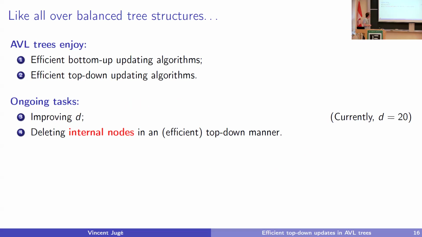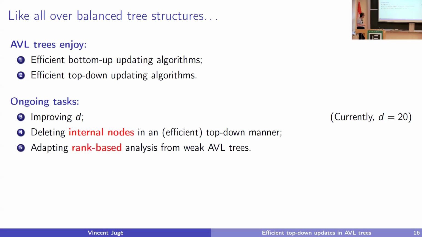Okay. So for weak AVL trees, it may be something like 2. If you let the D and 0 commute, it's the same number, but otherwise it's larger. And then we would also like to delete internal nodes in an efficient top-down manner. For instance, we could delete internal nodes with a top-down algorithm as well, using this kind of rotations. But if you just use this kind of rotations, it's impossible to have a constant amortized number of write operations per query. You need to know what you want.